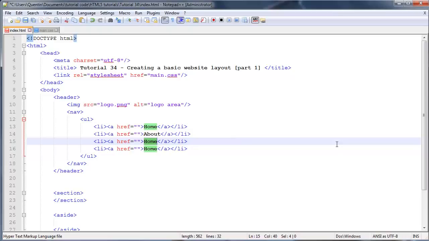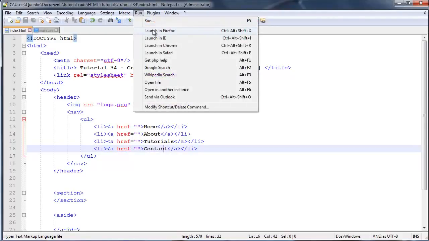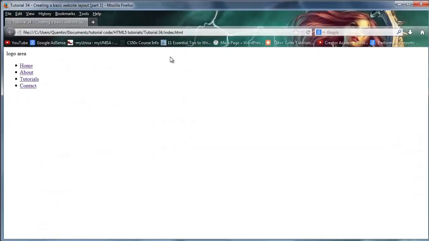Other than that, let's do a tutorials page, just because I make tutorials, so that's all I'm thinking about right now. And at the last link, we can place in a contact page. Okay, so these pages don't exist right now, so we're leaving the href blank, but the links will still show up. So if I run this in Firefox, we have the logo area,